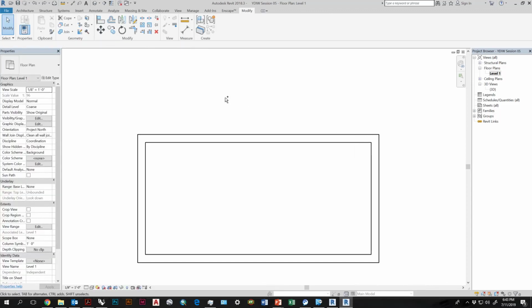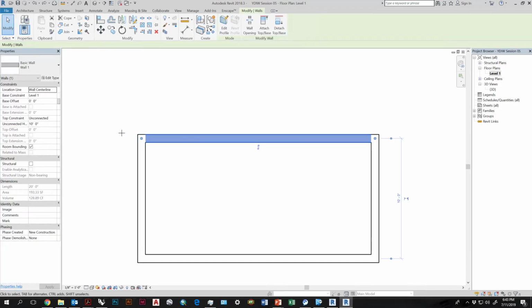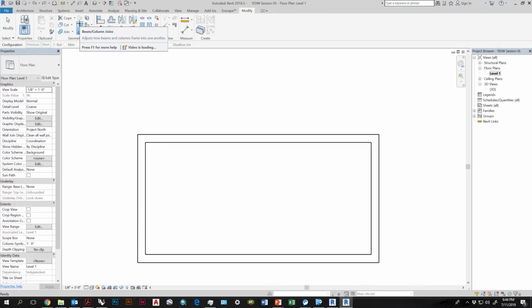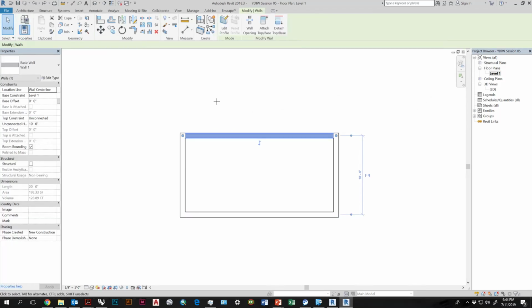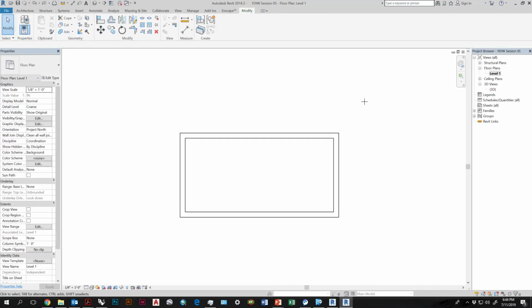So I'll undo all that. Okay. So we'll move on from that. So let's see, what else was I going to do with that? You can do some other edits with the wall that you've created here. Actually, I'm going to go ahead and start creating some levels so I can start doing some things with that.